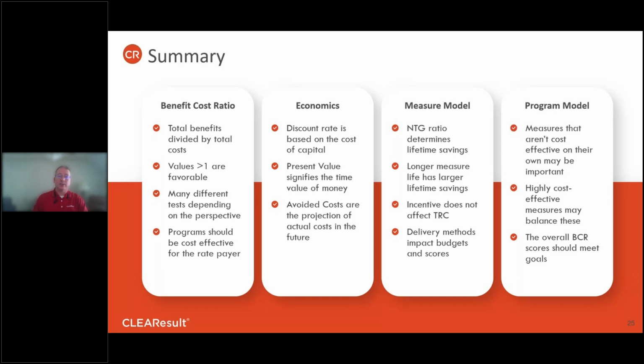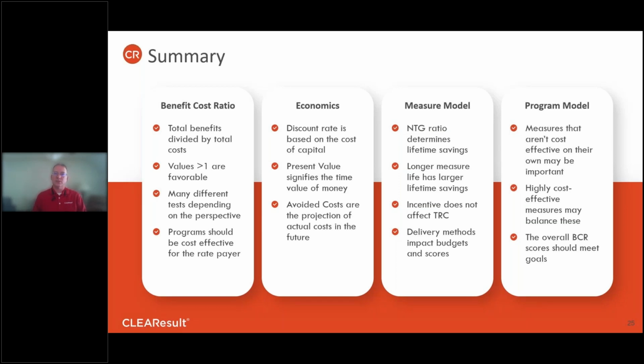Made the point that incentive doesn't affect TRC. Incentive is not an input for TRC, which again is the most common cost effectiveness test. And we talked about several different delivery methods that could impact our scores. That if we pay for the whole cost of the product or the incremental cost of the product plus the installation,